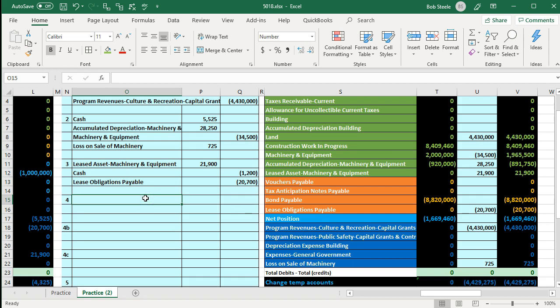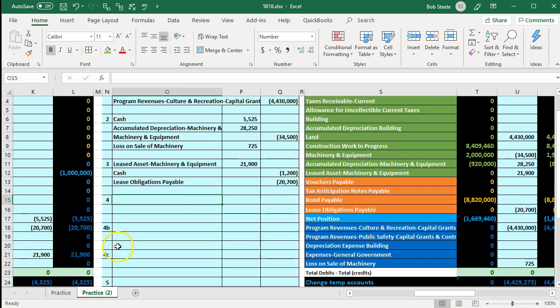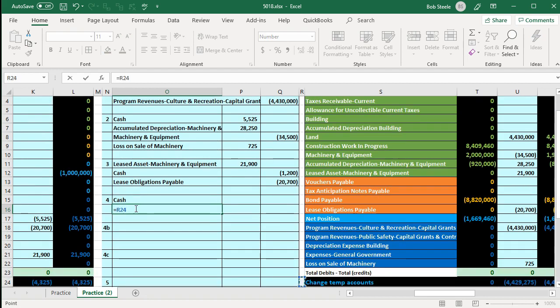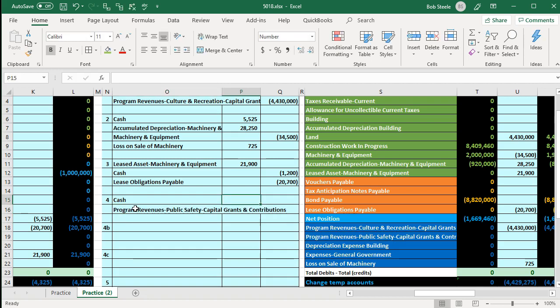So first thing we're going to do is say that cash was received with relation to the financing from a grant. So in that case, cash is going to go up. We're going to say cash is increasing, and the other side is going to go to some type of revenue account. We're going to call it a program revenue account, and we're going to put it into program revenue for public safety capital projects grants. And the amount's going to be equal to, I'm in P15, equals, going to scroll to the left,